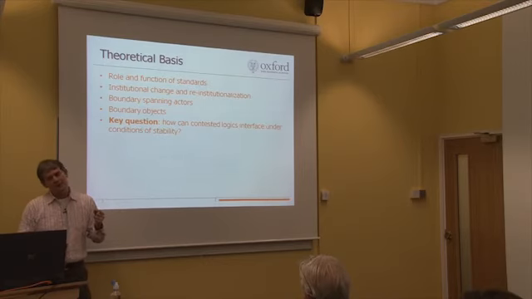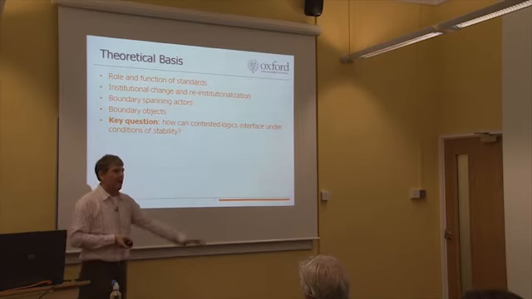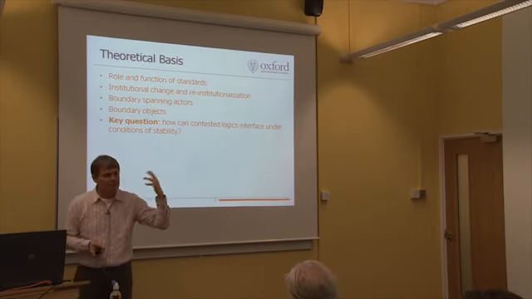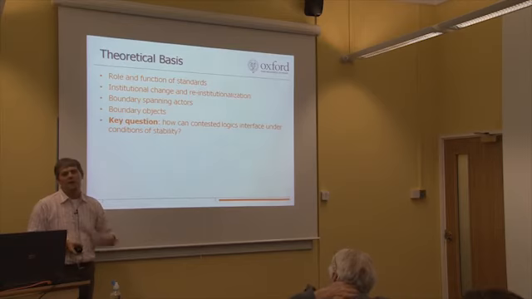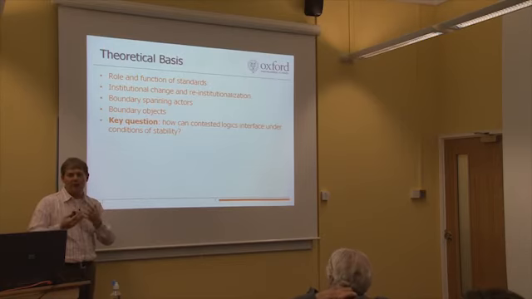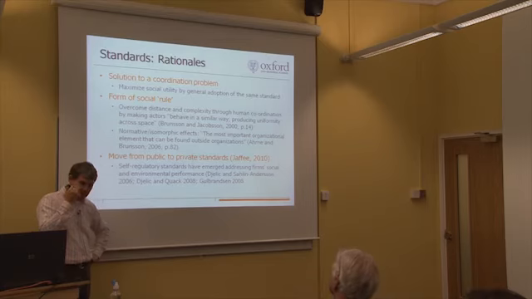So our key question then was, how is it possible that contested logics, so we've got a very conventional, market-driven, you could say neoclassical model that most mainstream organizations would follow, maximizing return to capital, essentially, how would that logic find a point of contact with the fair trade model, which we saw earlier is all about empowerment and advocacy, political change? How do those two logics manage to talk to each other without coming to a new consensus? So how can you have stability across contested logics? That's really where we were aiming to explore this phenomenon.